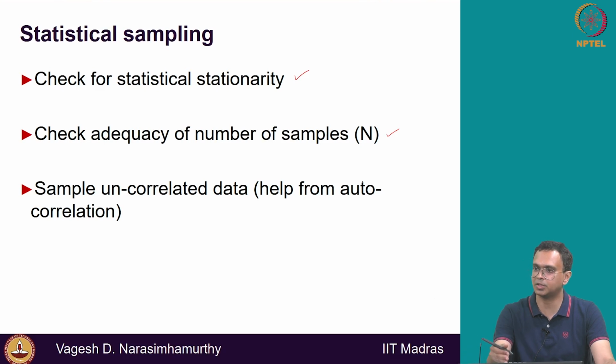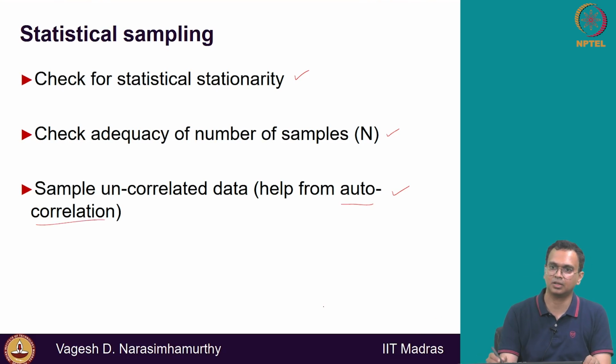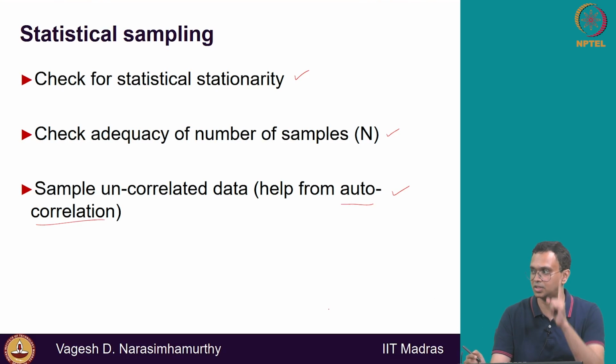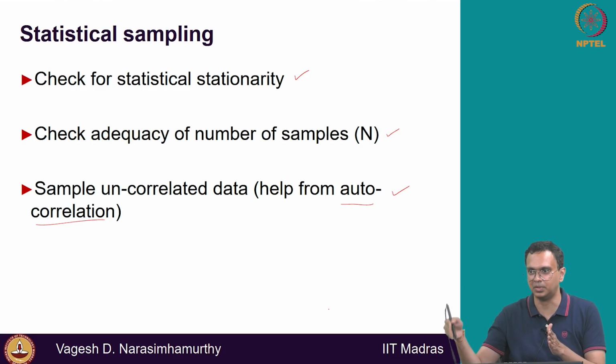But before that, you must make sure that the flow has come to a statistically stationary state, and you should make sure that your samples are uncorrelated. This is what I meant. For spatial correlation, we looked at the domain size, two-point correlation in X, Y, Z, to make sure the box is big enough. But you should also look at autocorrelation: how many seconds do I have to wait before I take one sample? You should not take samples at every time step. You should give some time before you take the next sample,